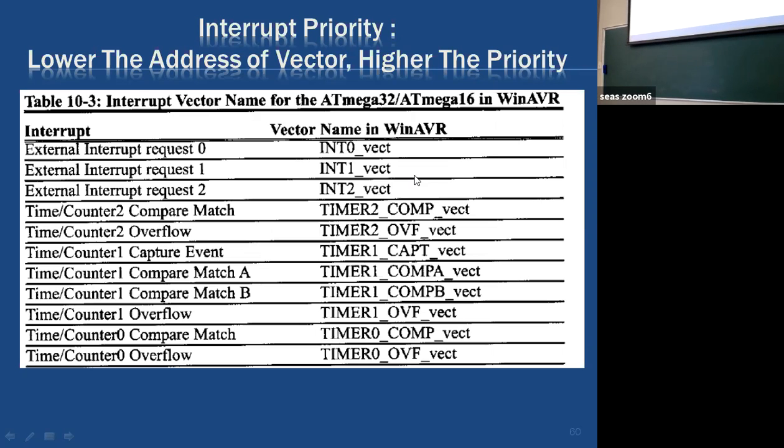Say it again. This one. Yes. So in this specific function, you are toggling it 2 times.